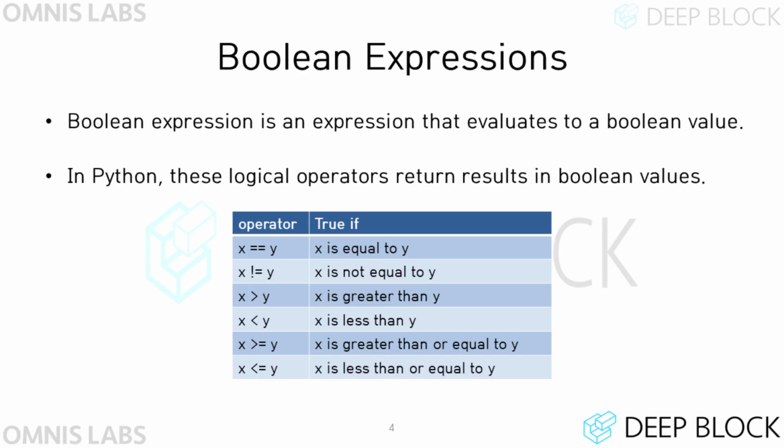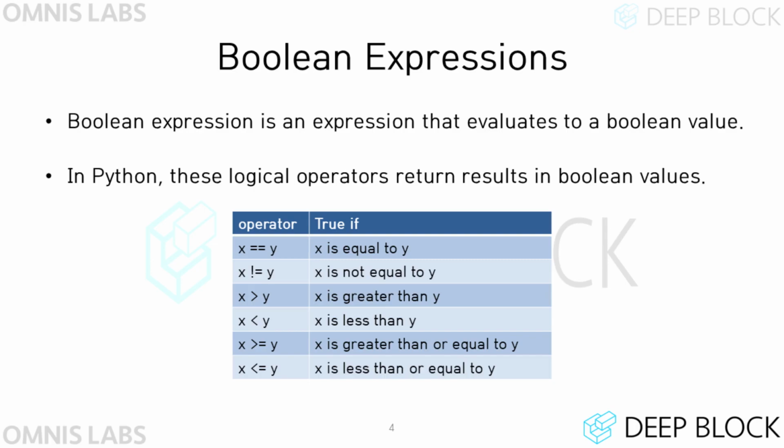x == y becomes True if the two values x and y have the same value, and becomes False if they're different. Conversely, x != y is True if the two values x, y are different, and x != y is False if they're the same. The four operators below have similar meanings to the inequality signs used in mathematics.